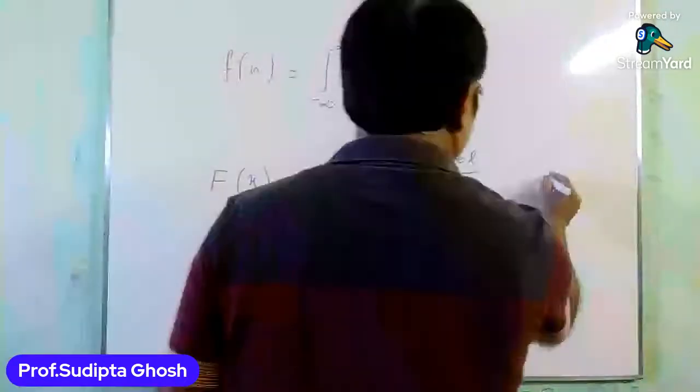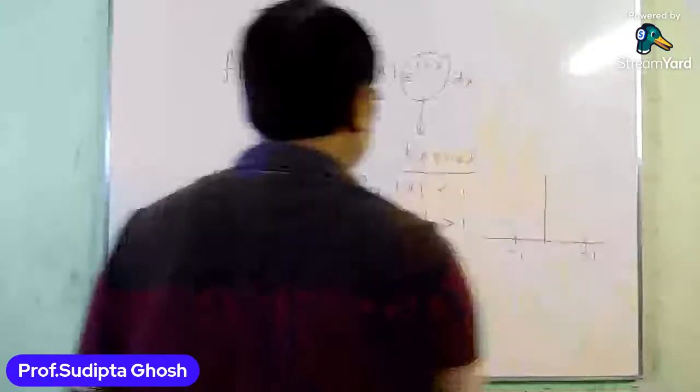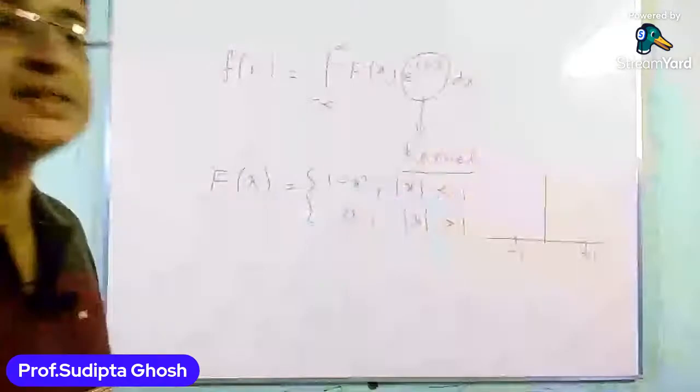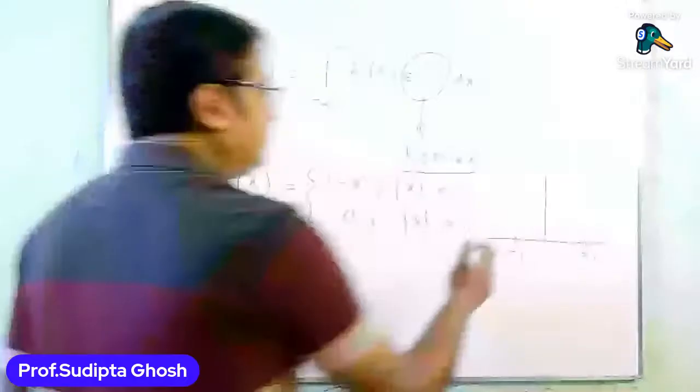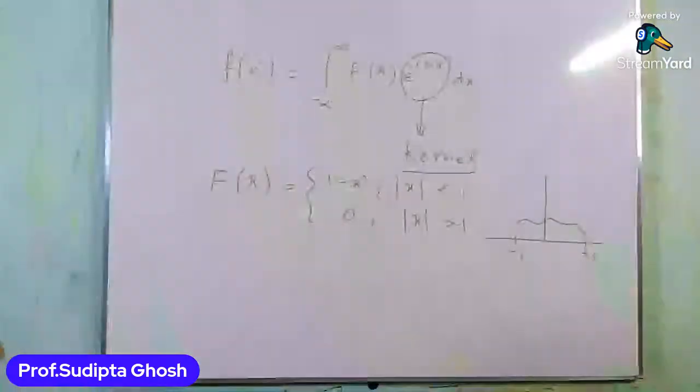Say this is plus 1 and this is minus 1, and mod of x is less than 1. That is within minus 1 to plus 1, in this entire region, the value